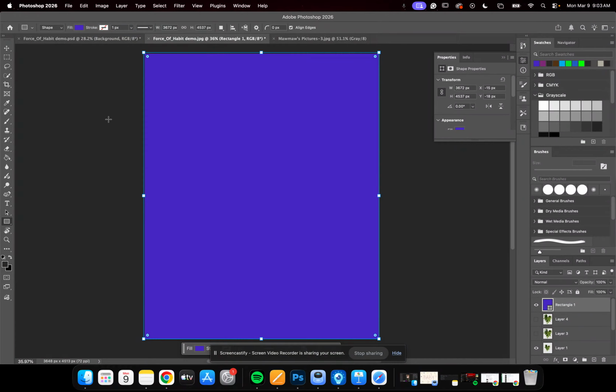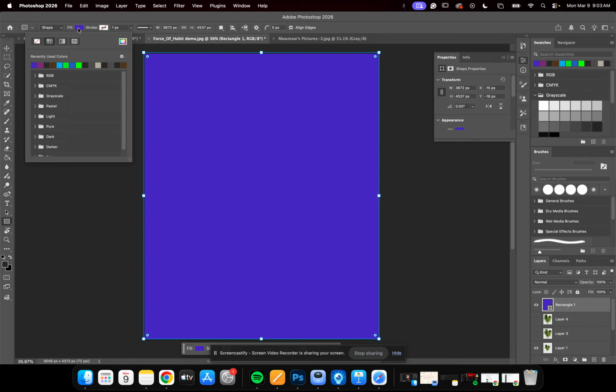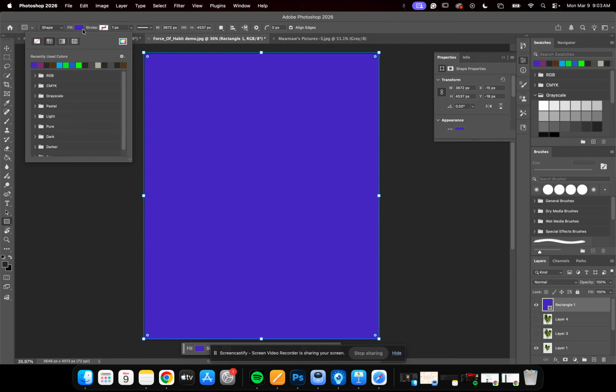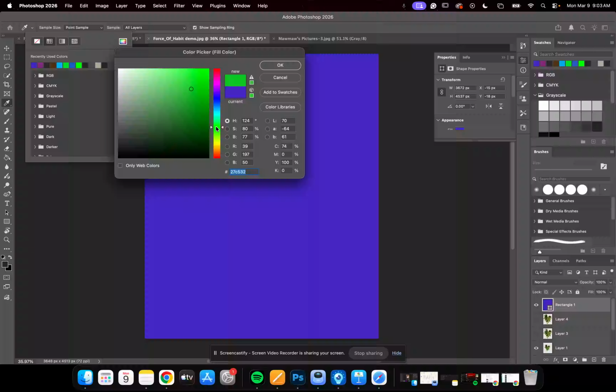Now you'll notice there's a fill and then there's a stroke. Your fill is the color of the shape. And then your stroke is going to be the outline. Let's start with the fill. If I click on the fill and then click the little rainbow box next to the fill, I can click on